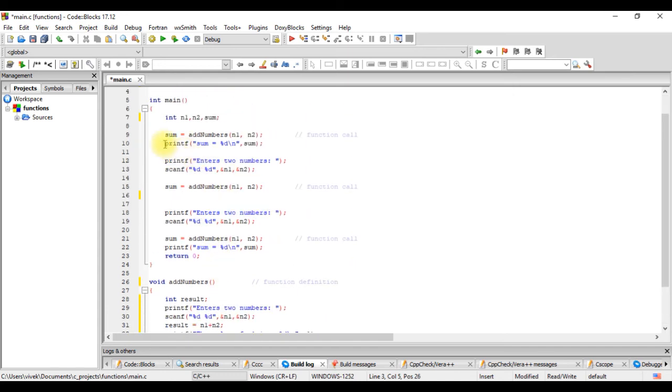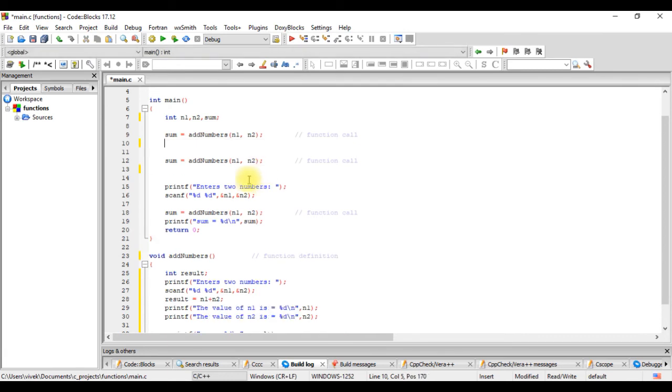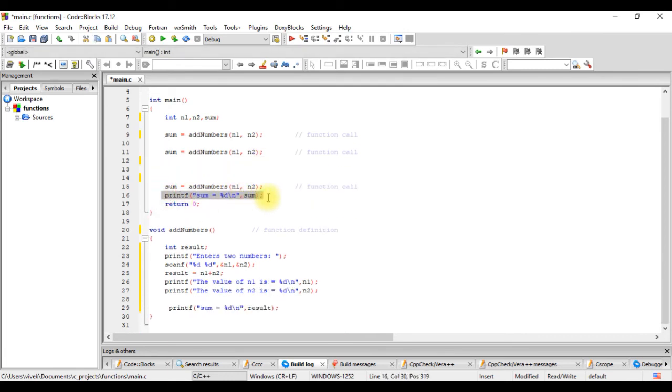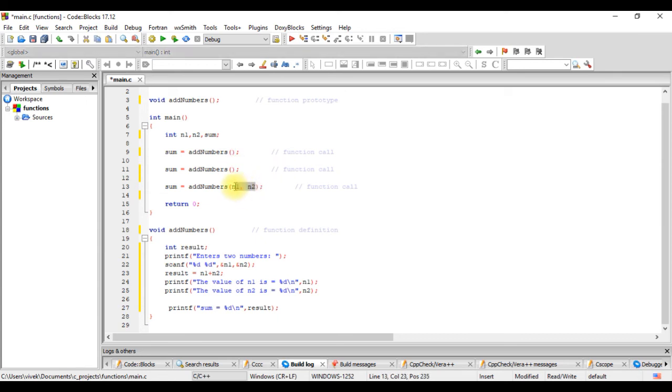Now we'll just remove all the statements which were written unnecessarily, and in the function calls we don't need the arguments now. We'll just call the function without any arguments. Let's run this program.